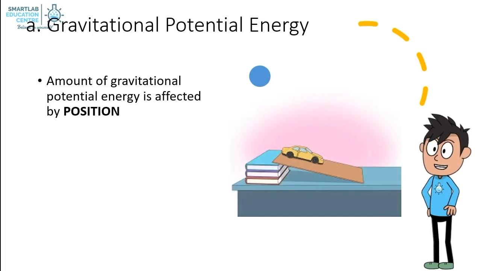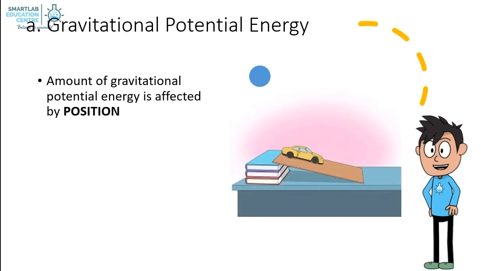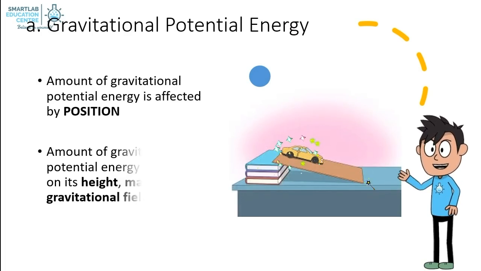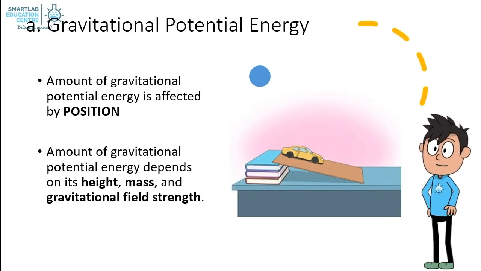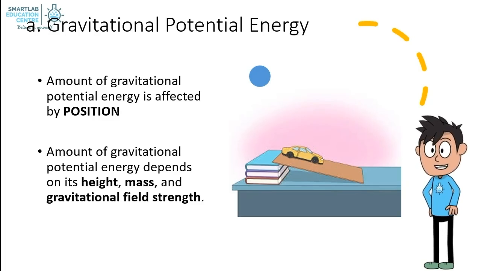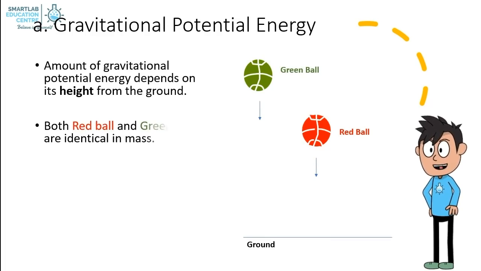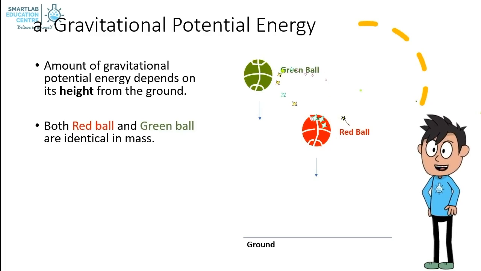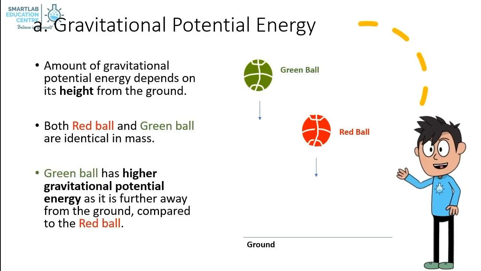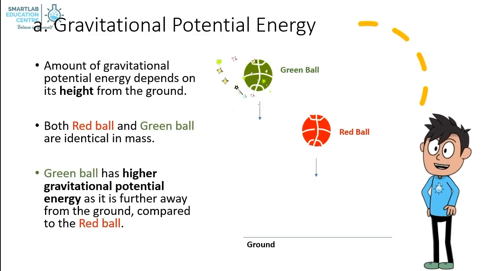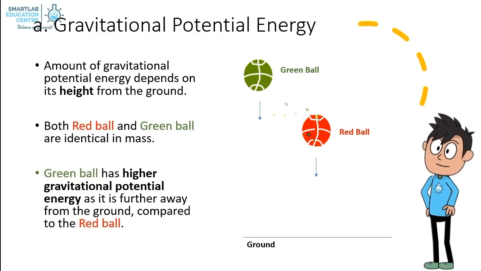The amount of gravitational potential energy is affected by the object's position. The amount of gravitational potential energy depends on the object's height, mass, and the gravitational field strength. It depends on its height from the ground. Both the red ball and green ball are identical in mass. The green ball has higher gravitational potential energy, as it is further away from the ground, compared to the red